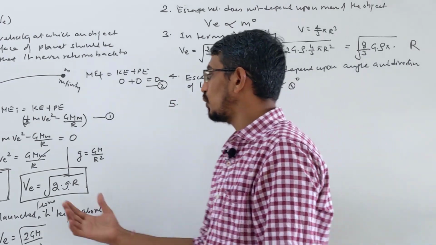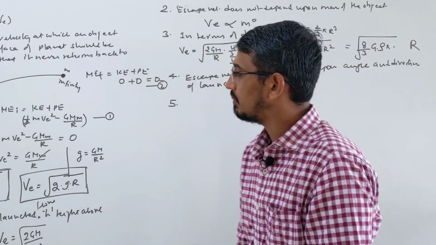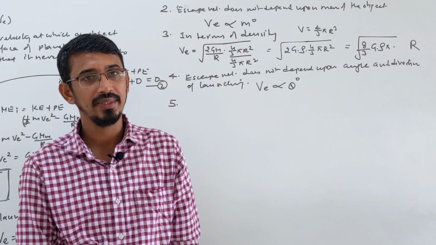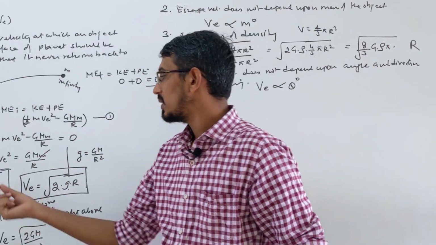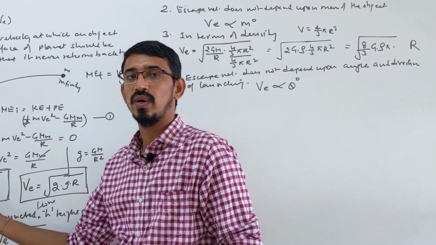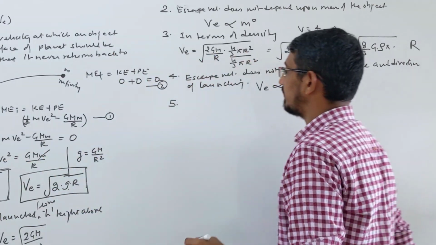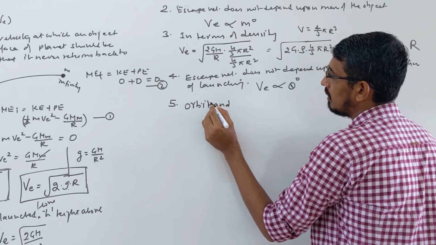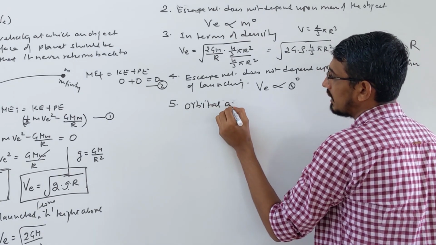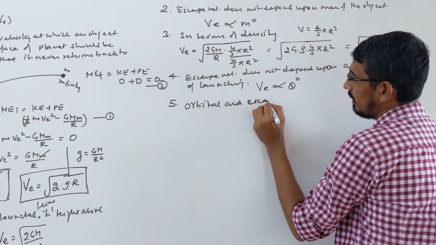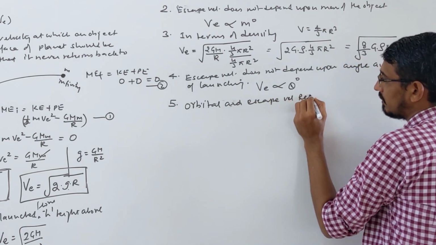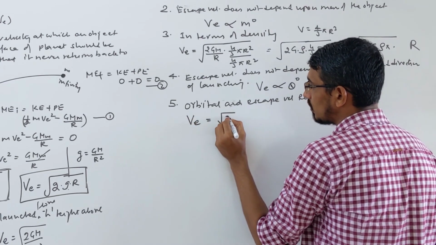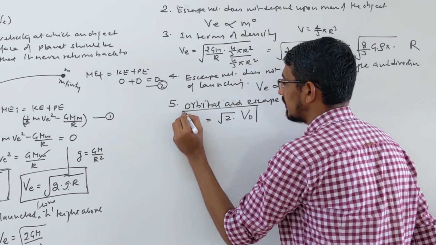Then suppose you do the calculation for Earth. Okay, before that, another point. Recently we have learned orbital velocity also, right? What was the answer for orbital velocity? Simply root GM by R, right? The 2 was not there. So how are these two related, the orbital and escape velocity relation? Obviously this is very simple: escape velocity is simply equal to root 2 times the orbital velocity. This is very important.